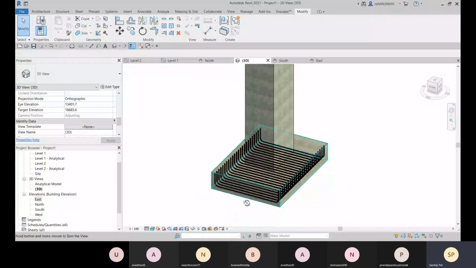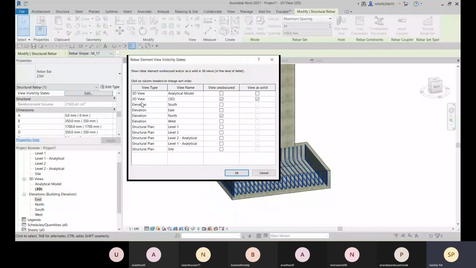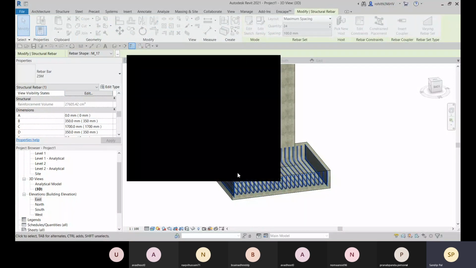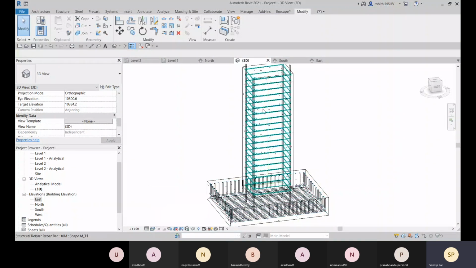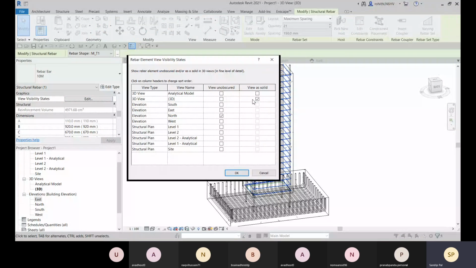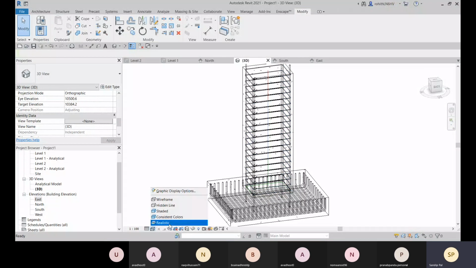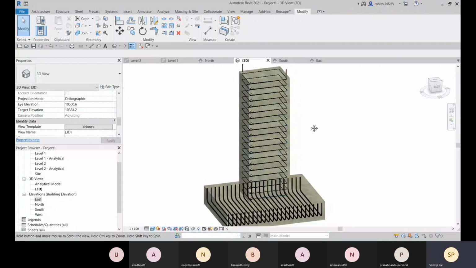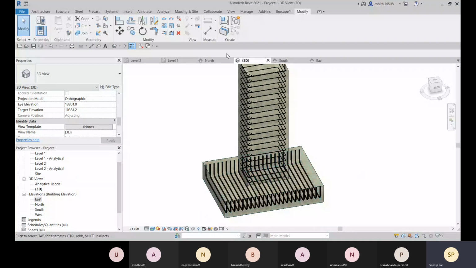This one is selected as view unobscured, but the others are not selected. So you have to select all these as view unobscured, so it will not obscure. In the realistic view, you can see this is visible also. For all the others, you have to select it.